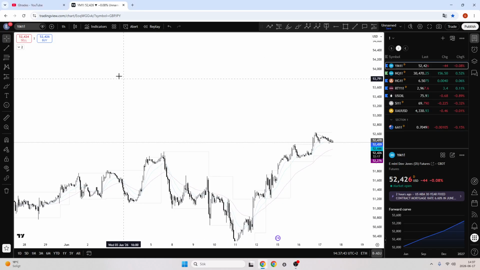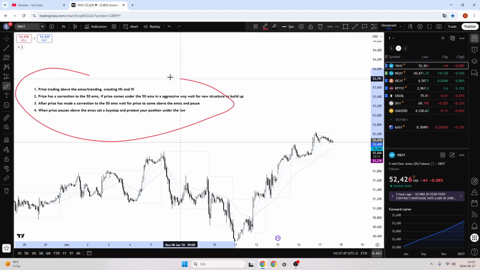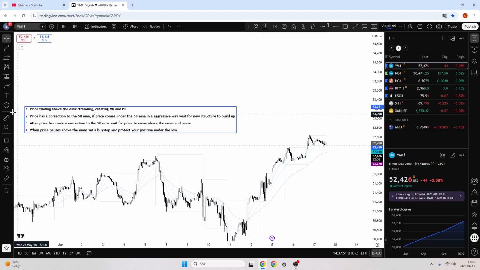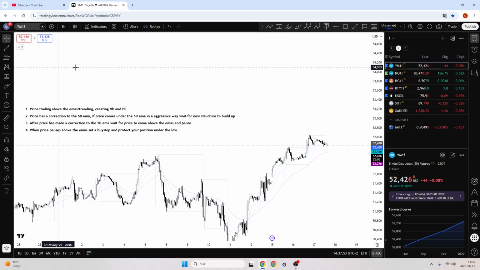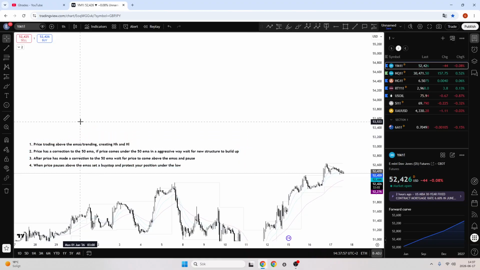In my previous videos we have talked about this kind of rule set, and we have backtested these rules on a higher time frame. But in today's video we're gonna backtest these kind of rules on a lower time frame, so you guys see for yourself if this system is profitable, right? So those that are new to the channel, these rules basically mean like this: